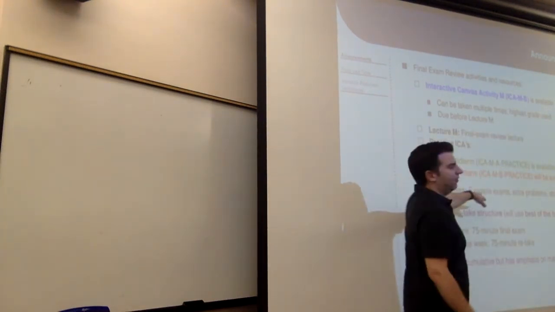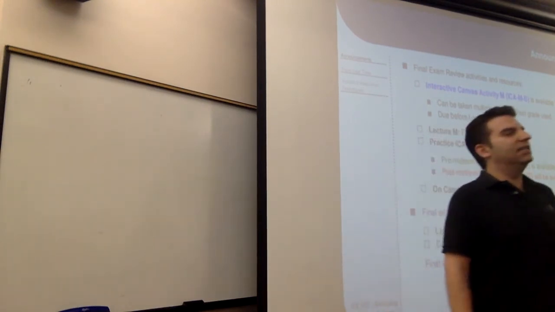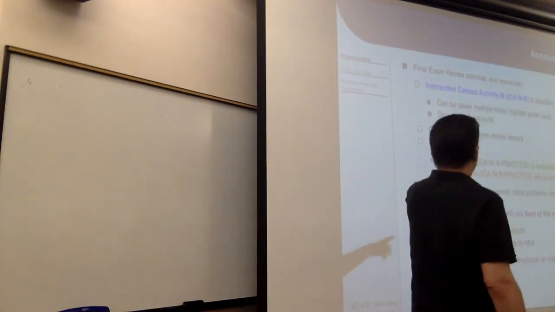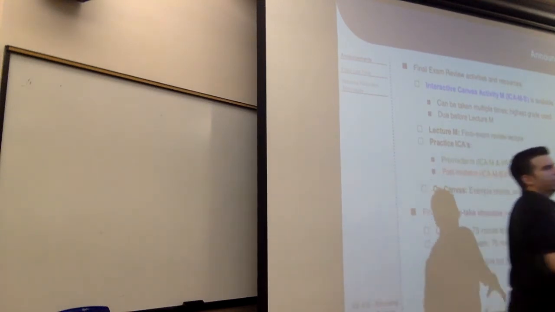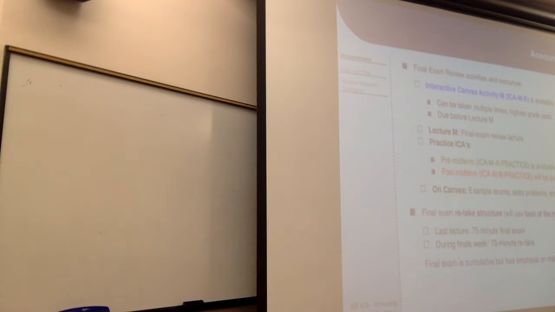On Canvas, I've got example final exams from previous semesters, as well as at least one solution set. The first couple semesters I taught this class, I just graded without a key, and so I don't have keys for that. But then I made a key last semester, to anticipate coming up to semesters like these. So there's only a key available for the last exam, but there's 2 other exams before that you can look at and compare to. And if I get a chance, maybe I can put together a key for those if that seems like it might be helpful. There's a couple extra problems from the book, as well as some solutions there. So there's a bunch of those resources.